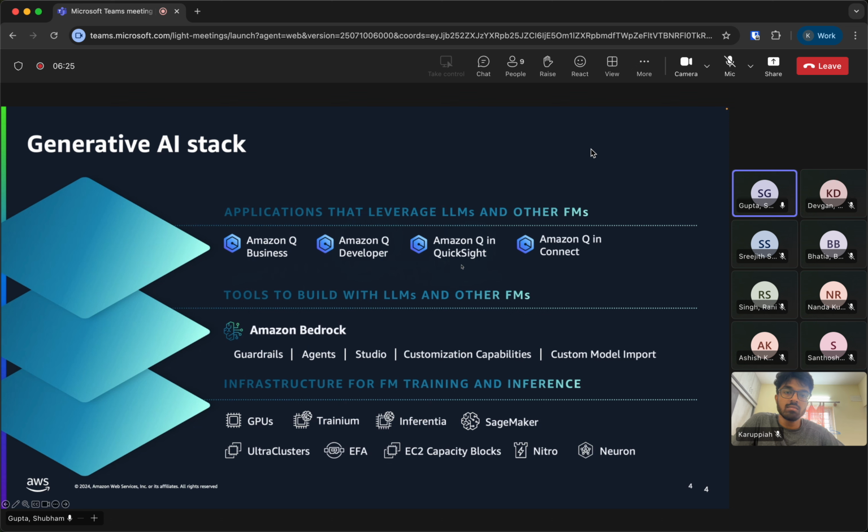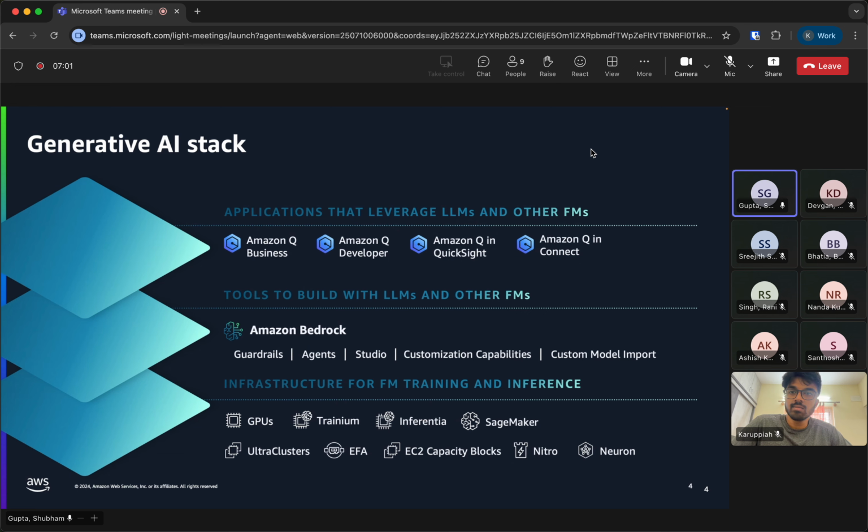QuickSight is the BI tool, basically the dashboarding tool that we have in Amazon. So Q is also integrated with QuickSight and lets you create dashboards or reports directly based on natural language. And you actually don't need to create the dashboard from scratch. It also lets you create a lot of summaries and shareable documents for the leadership. So all these capabilities are there. We'll also see some of this. And also, if you are a user of Amazon Connect, then we have the Q integration there. So this is the GenAI stack that we have.